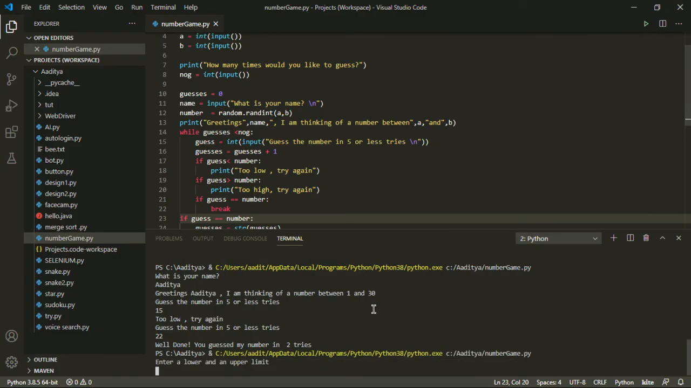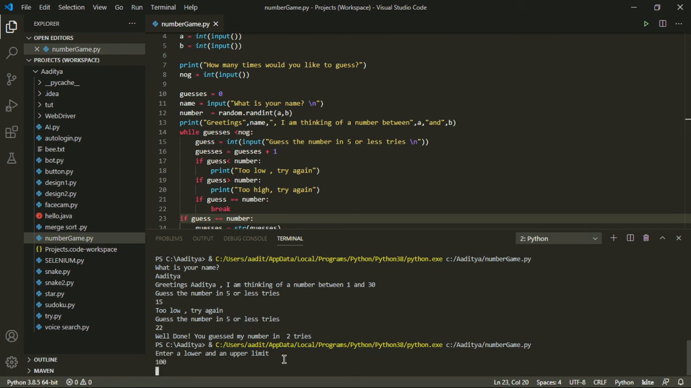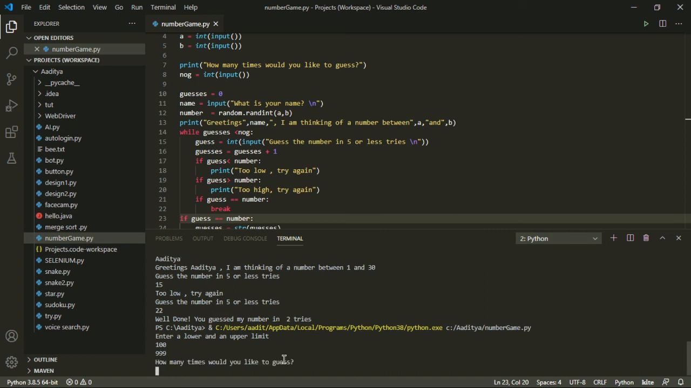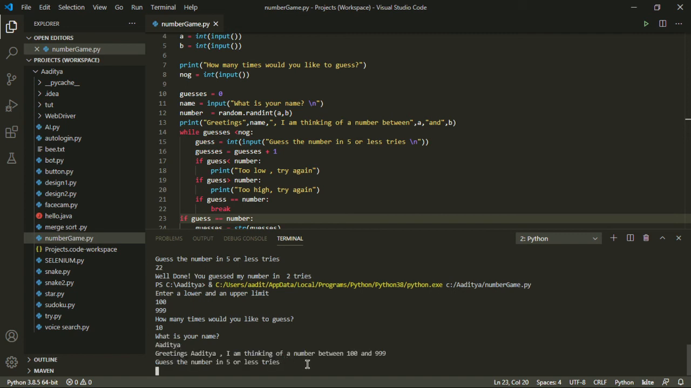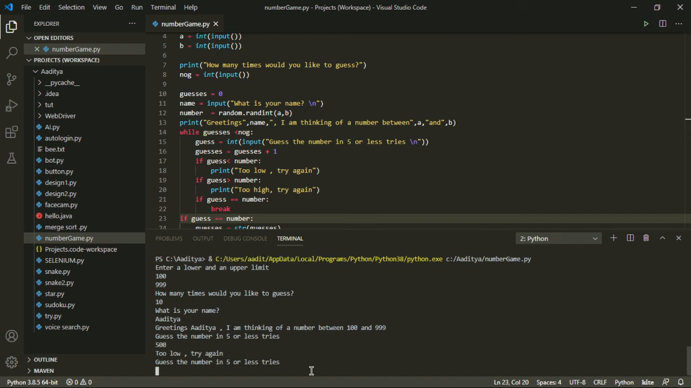Let's see. The lower limit is 100 and the upper limit is 999, and let me say 10 times. So my name is Aditya. Okay, actually we need to convert this into the number of tries. So we'll say, let's say 999. So we'll say 500. Too low,